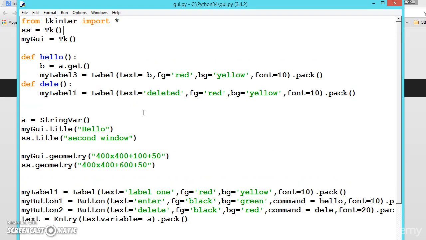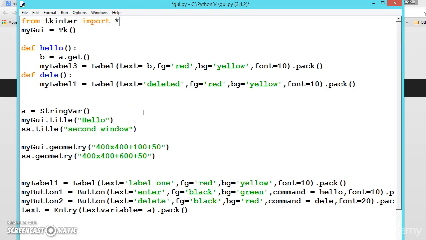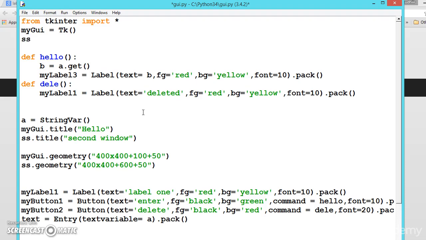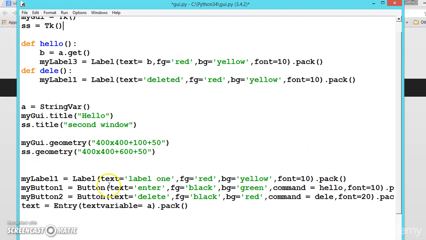So now let me delete this and place it here. SS is equal to TK. Now it will be fine. Because we are creating the first one here, all this applies to the first one, and the second one will be empty.